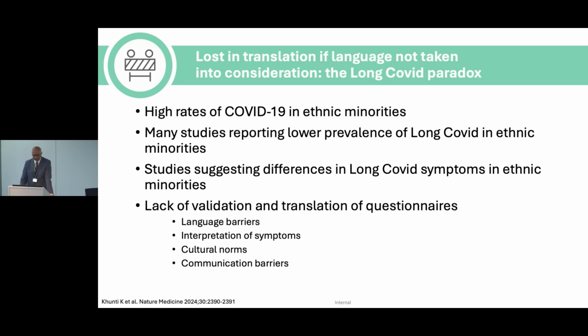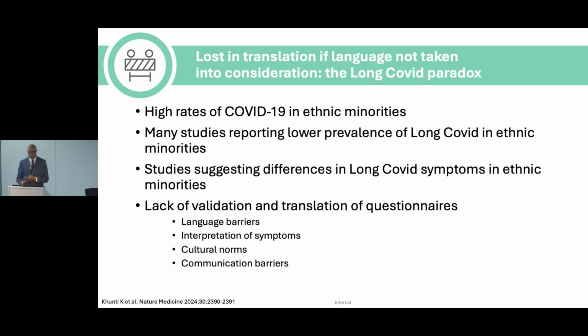This is something we looked at during COVID. As we've said, there are high rates of COVID in ethnic minorities, but when you look at the data on long COVID, there is very little data at all. And there's mixed data, some showing there may be no difference, some showing a lower prevalence of long COVID in ethnic minority populations. And we're saying this just can't be right, because there is a pathophysiological mechanism, and inflammatory markers, all of that have been shown in ethnic minorities to show long COVID. But the way it's assessed is very, very different.